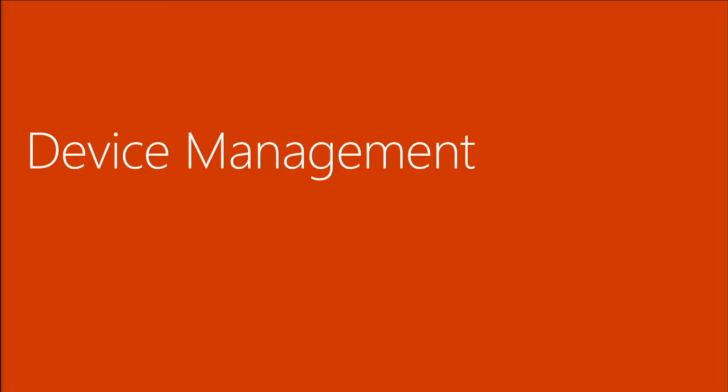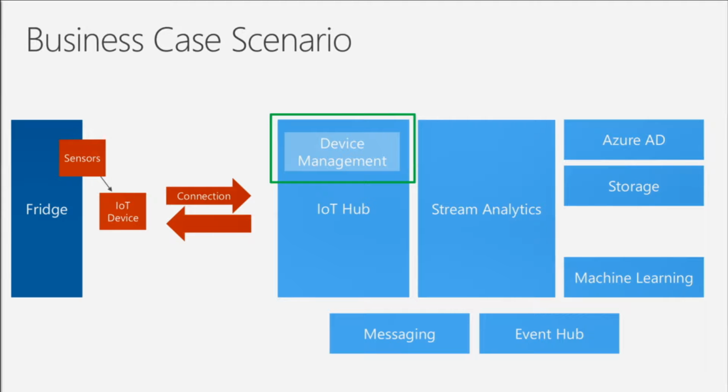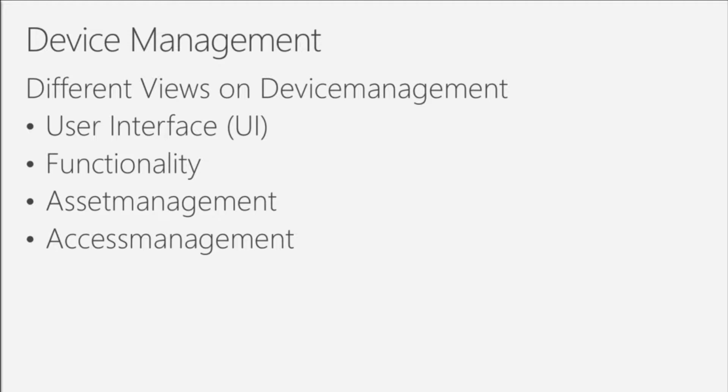And then our next step, how we do the device management. We use at the moment the IoT Hub device management, and there are different views for device management. First of all, you have a user interface view. The customer wants to add some devices. The customer wants to group them, maybe on some local groups or some kind of fridge. This is always difficult, and the Azure device management is not delivering that.